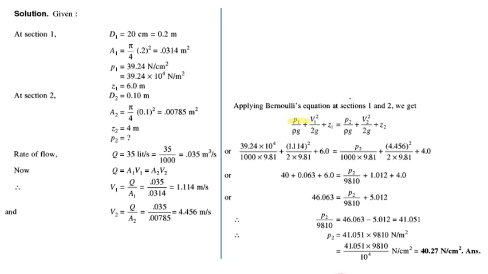We know the sum of pressure head, velocity head and elevation head is equal at both sections. So replacing all the values, pressure P1 is known, the density of water is 1000, G is 9.81, V1 has been computed, and G is 9.81, and elevation Z1 is 6 meter, and the pressure P2 is to be determined,